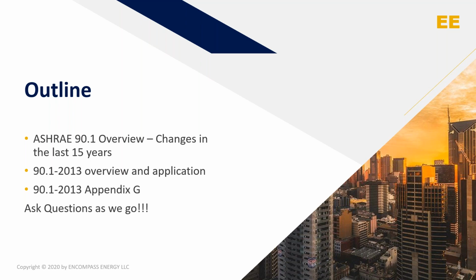We'll look at an overall overview and application of ASHRAE 90.1, and then we'll look at Appendix G specifically and run through each of the items within Appendix G and how that applies to the design of a new or a major retrofit. And today I'm going to look mostly at 90.1 2013,